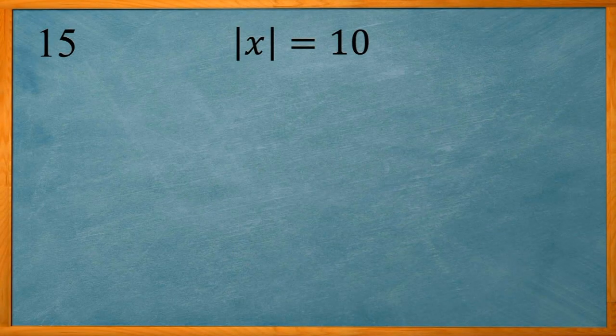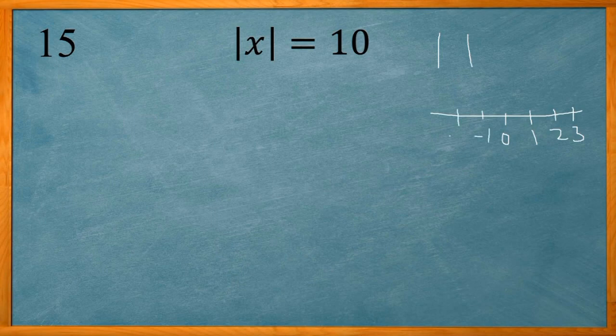Now this one looks different than the other ones we've done before. These vertical lines mean absolute value. So absolute value is how many units you are away from 0. So if I were to look at the number line, I have 0 in the middle, 1, 2, 3. On the left side you would have -1, -2,